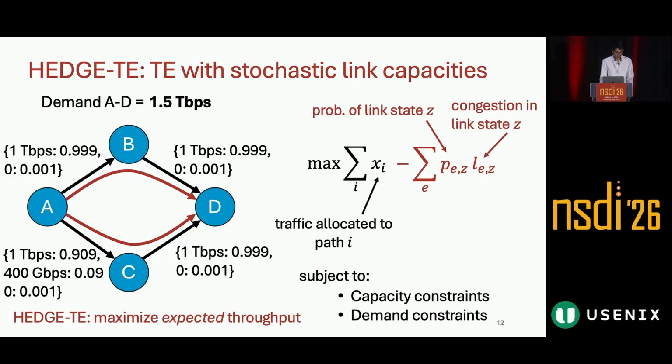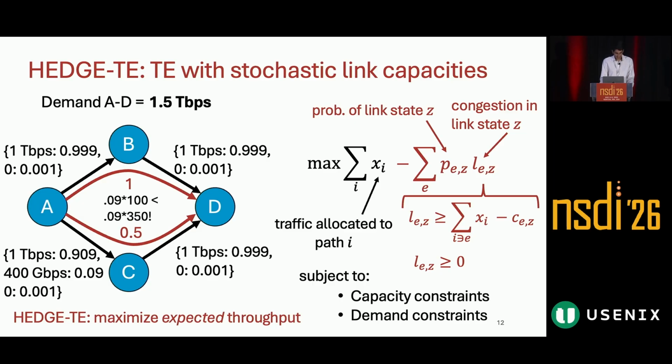So it's the probability of that link state and the congestion in that link state, which is simply how much I've exceeded the link's capacity, retaining a linear programming formulation. And so now I can guarantee that I'm always doing this optimal 1 and 0.5 split, which guarantees that I'm always minimizing the amount that I would overcongest the network in these link capacity fluctuations